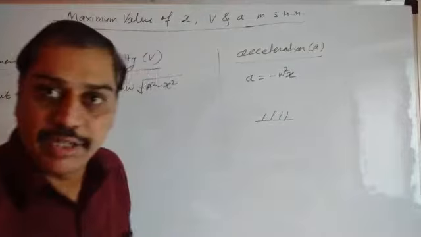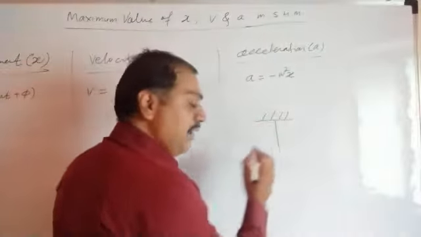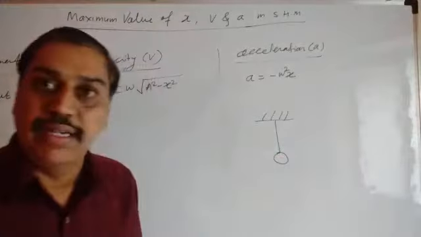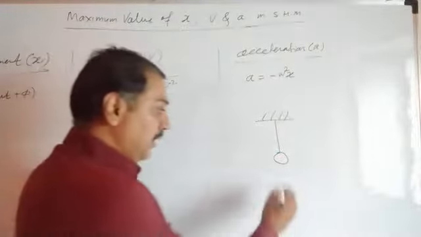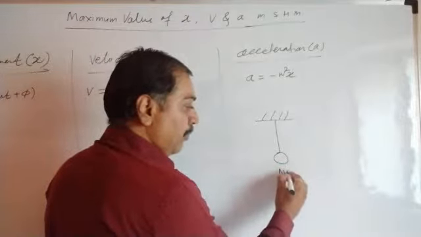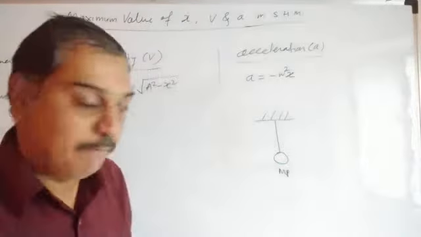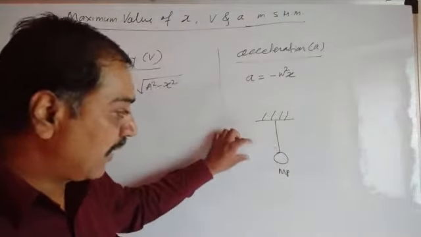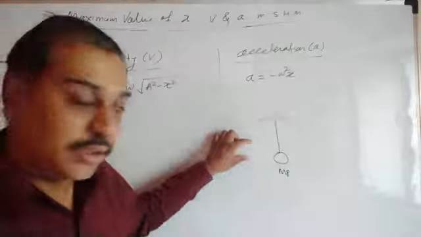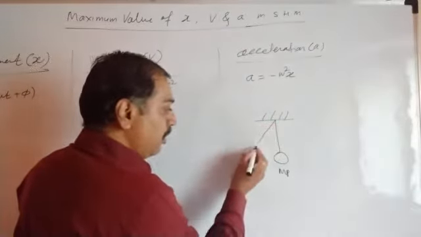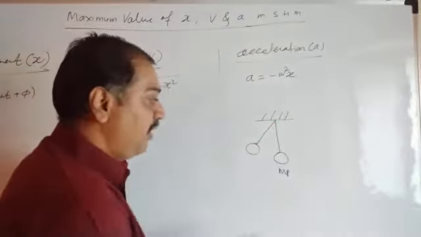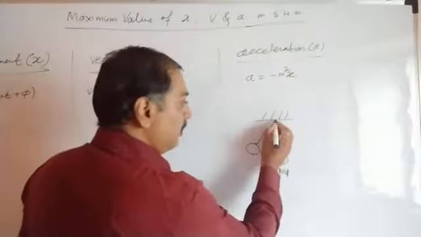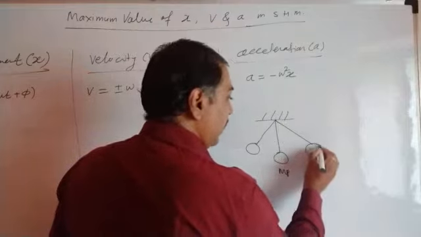So this is nothing but a rigid support. To this there is a string, and here it is a spherical bob. It is called a bob, and that is a simple pendulum. Now this position is said to be the mean position. If you remember, we have seen this part. Suppose I move this pendulum to this side and leave it. It becomes the extreme left condition. When I hold it and move it here, that is extreme left.